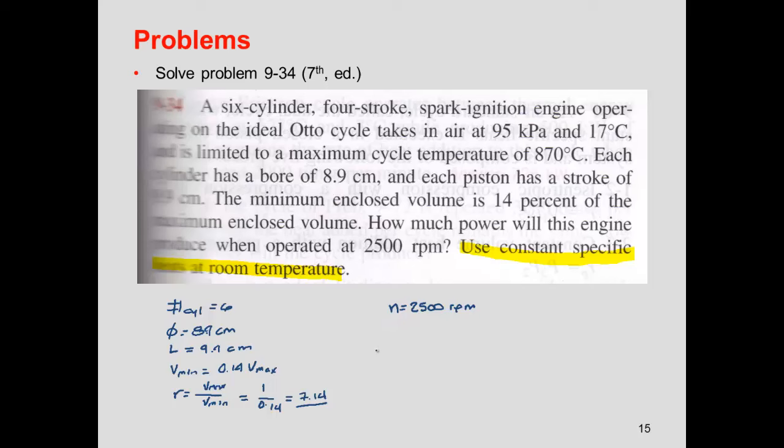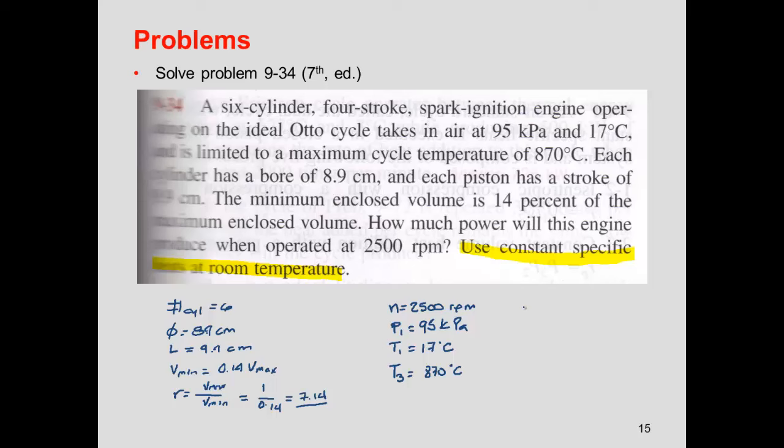And pressure 1 is 95 kilopascal, and temperature 1 is 70 degrees Celsius. We know that the maximum temperature that we can achieve is T3, so we're going to say T3 is 870 degrees Celsius. We also know we need to use constant specific heats,